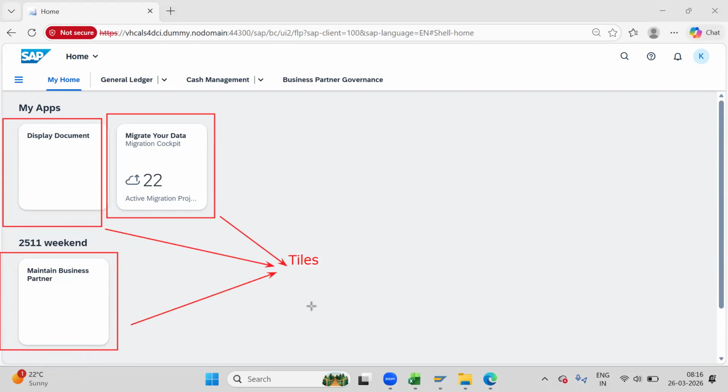These are all the tiles. We call them tiles, or you can also call them application. In SAP, we call them tiles or application. Whenever you say tiles or application, we are going to connect it with a particular transaction code in the form of a tile. Now in GUI, we used to type a particular transaction code to